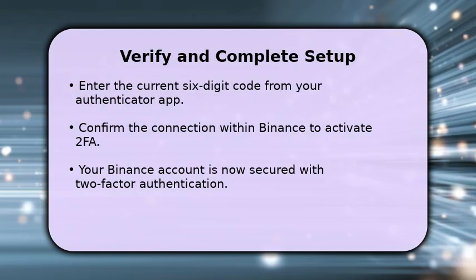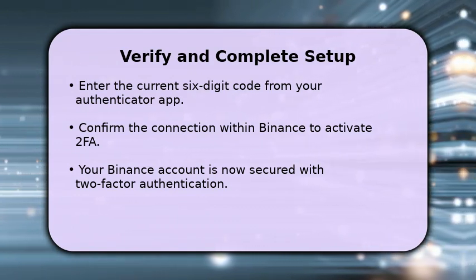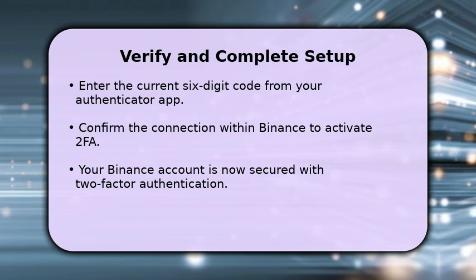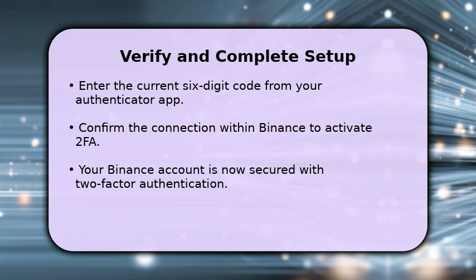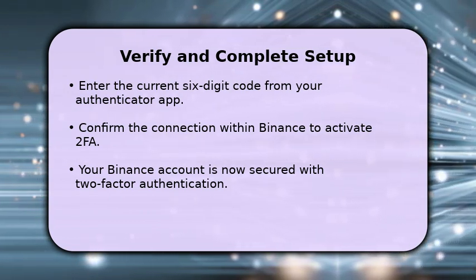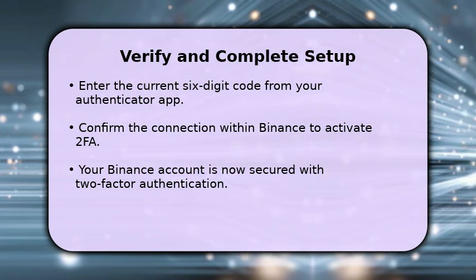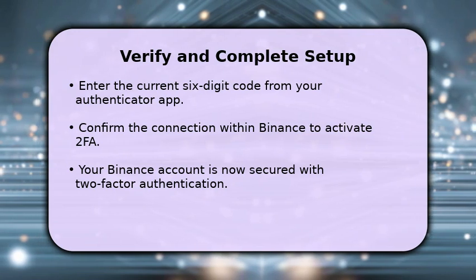Finally, return to your Binance account setup page. Enter the current 6-digit code displayed in your Authenticator app into the designated field on Binance. Double-check that the code is correct and still valid before submitting. Confirm the connection, and your Binance account will now be fully secured with two-factor authentication, adding an extra layer of